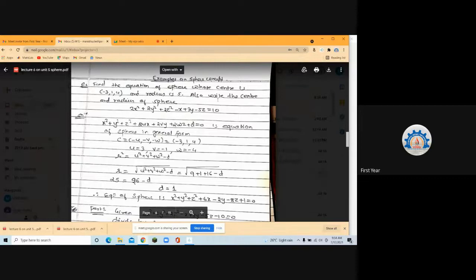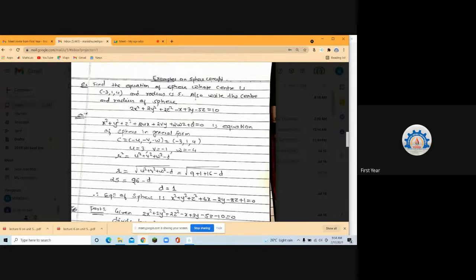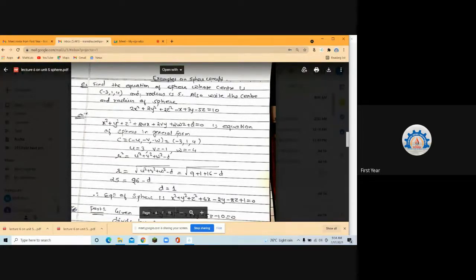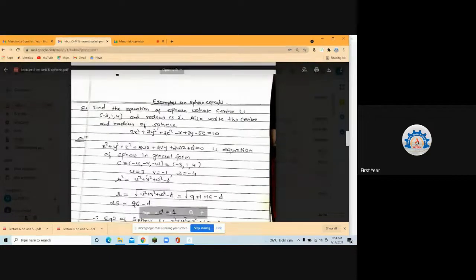Find the equation of sphere whose center is given to you and radius is given to you. The other way around which will be asked is, from the center and radius you have to go to the sphere. So find out this one. I have written the solution, but you all take down the question. Find the equation of sphere whose center is given to be minus 3, 1, 4, and the radius is 5. This is one type of question, and the second type of question will be where you'll be given the equation of sphere and you'll have to find the center and radius. That part we have already handled.